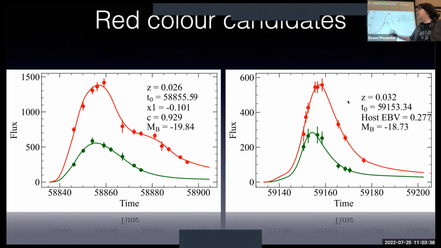But this just looks like a normal supernova at a low redshift. The peak magnitude is also consistent with that redshift as well. So again, like I said, we could get a fit with the incorrect redshift and not be able